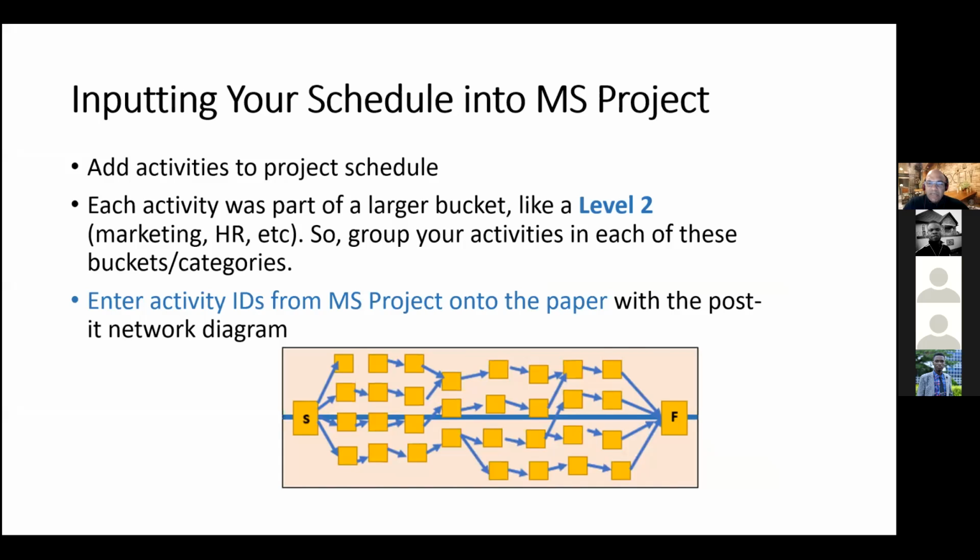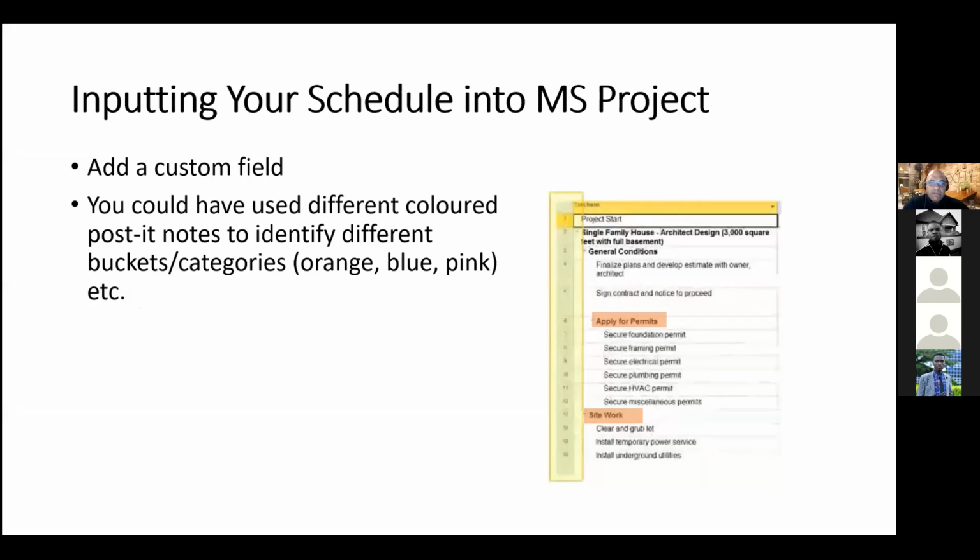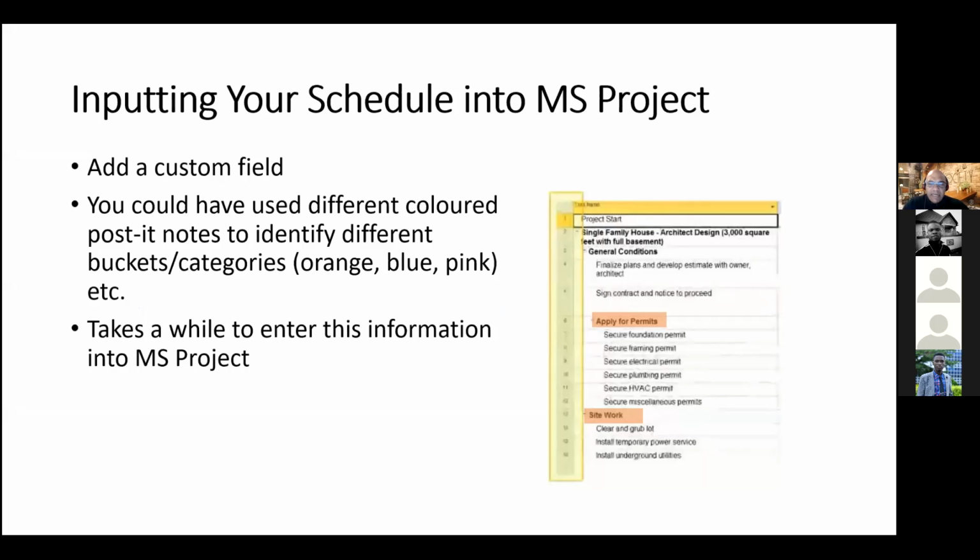You could do it that way. And this way, it might be easier for you to distinguish which group each of these activities belong to, right? Now, like I mentioned, it takes a while to enter all this information into Microsoft Project, but it's well worth